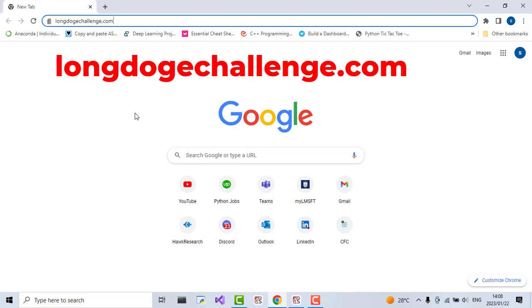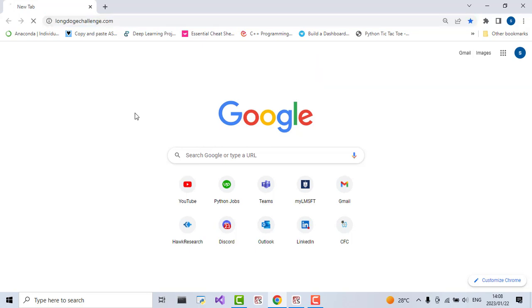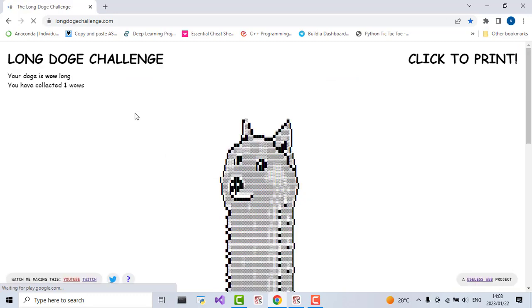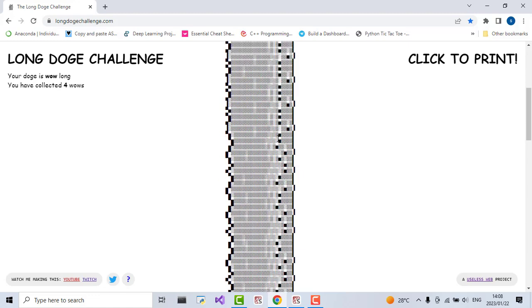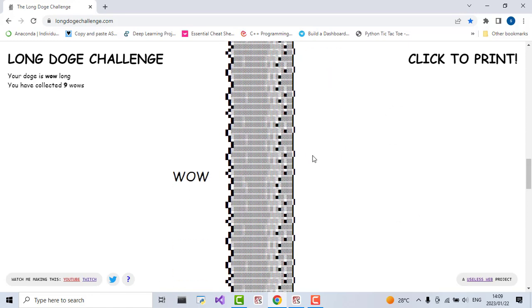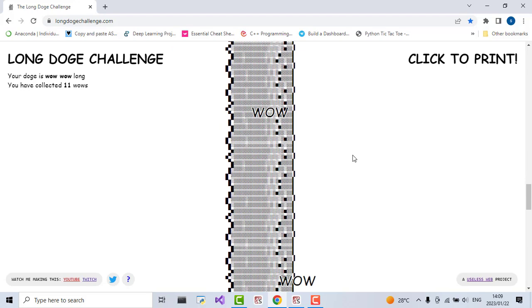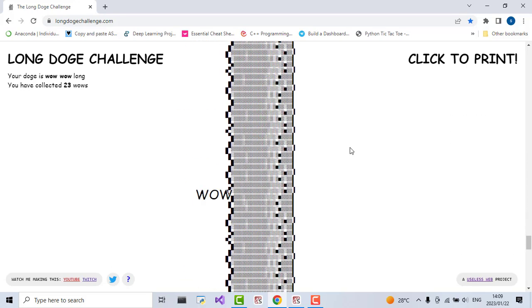We have longdogechallenge.com. So essentially, as far as what I know, you guys know Dogecoin is one of the popular currencies that's out there. So essentially, this website was created for the love of the dog itself that kind of represents it. So what I'd also like to tell you is, why it's called Long Doge Challenge is because this website is one of those that are infinite, right? Infinite scrolling. So yeah, you'll have the ability to scroll downwards,